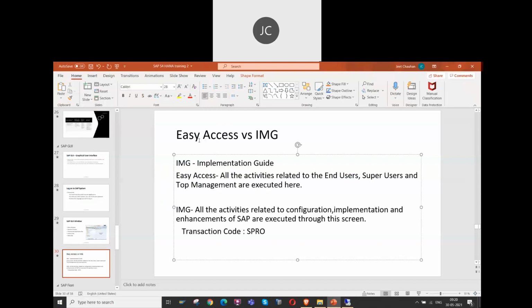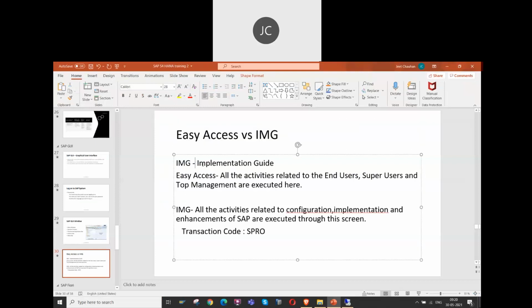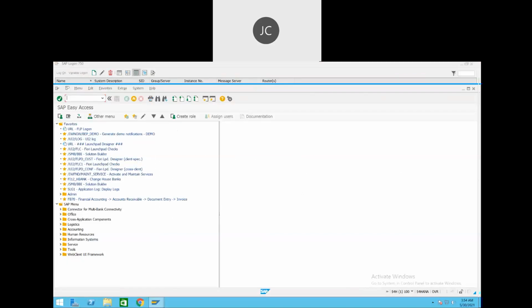Now I would like to highlight what Easy Access and IMG are. So here IMG actually stands for implementation guide. Okay. And as I said, Easy Access. So this particular screen, which I am on right now, is called the SAP Easy Access screen, right? So what is its usability, right? This particular screen's usability is